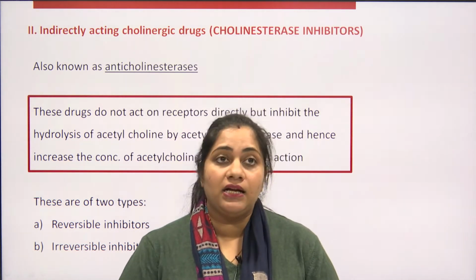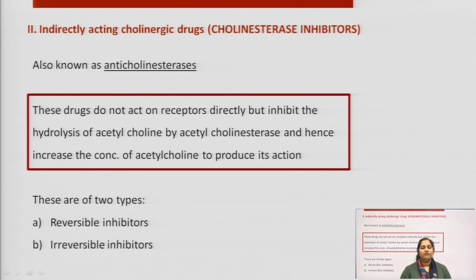Today we are going to complete parasympathomimetic agents, the last part of Unit 3 Medicinal Chemistry, course code BP402T. In the last class we studied the classification, and in the classification we studied the direct acting cholinergic drugs. Direct acting cholinergic drugs are those drugs which act upon the receptor directly. They bind directly on the receptor, either the nicotinic or the muscarinic receptor, and possess activity the same